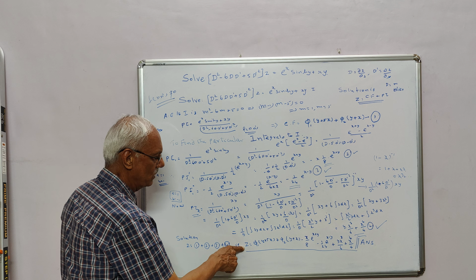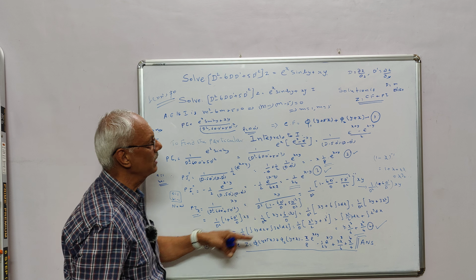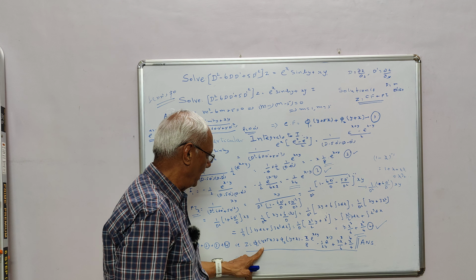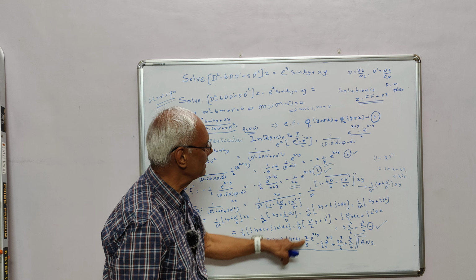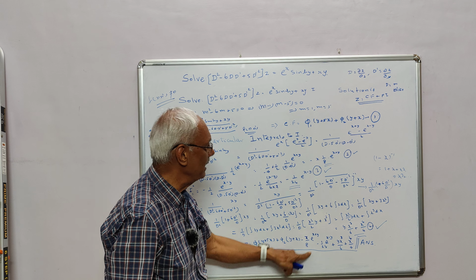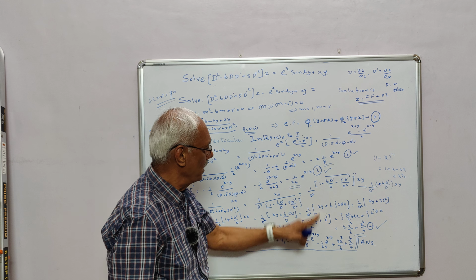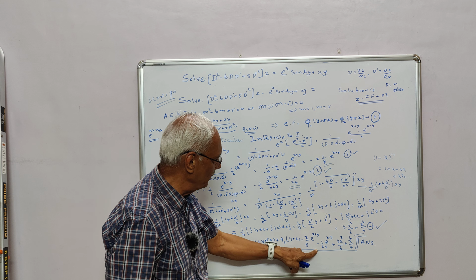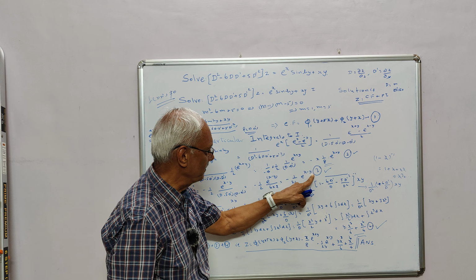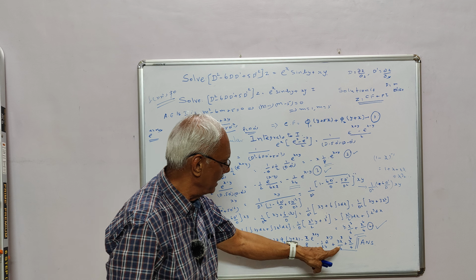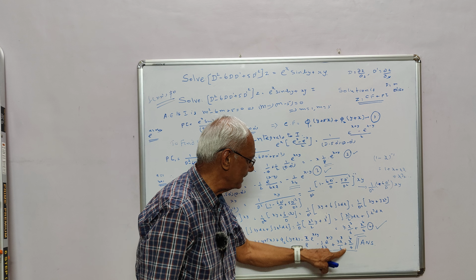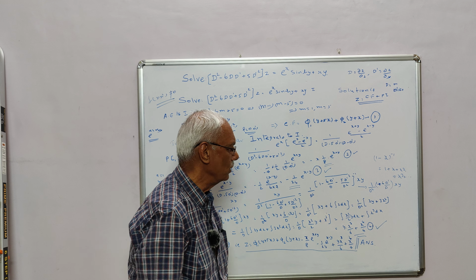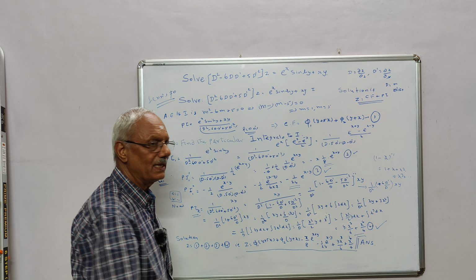That is, z is equal to phi 1 of, what is our complementary function, phi 1 of y plus 5x plus phi 2 of y plus x minus x by 8 into e to the power of x plus y minus 1 by 24 e to the power of x minus y, and the last one is plus y x cubed divided by 6 plus x to the power of 4 by 4. So this is my final answer for the